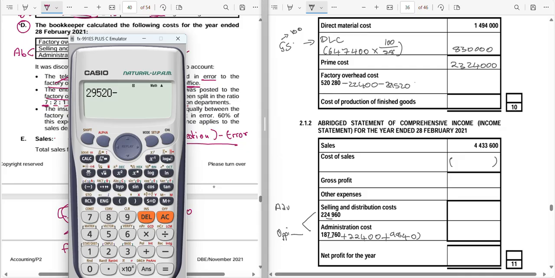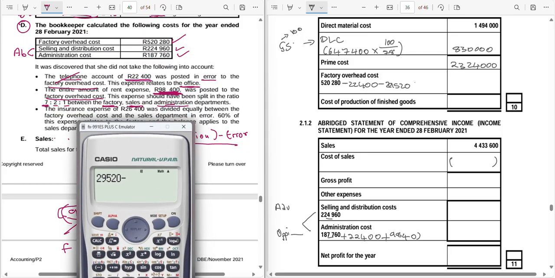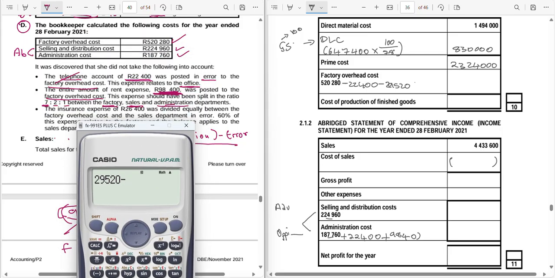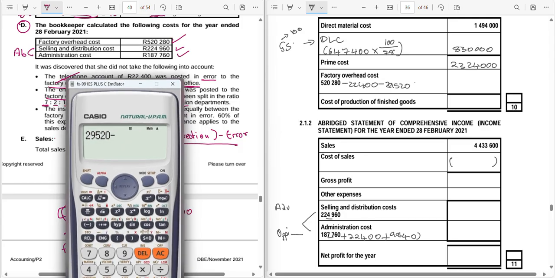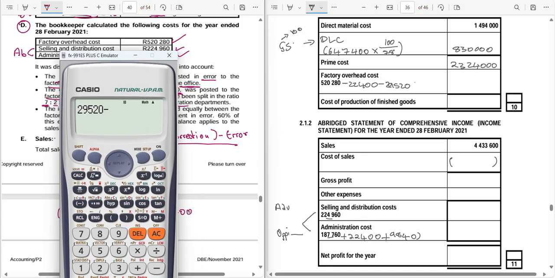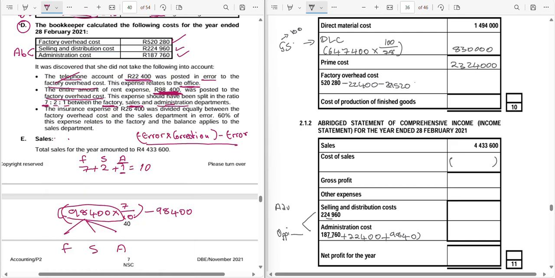Because remember, we got everything from that total that was supposed to be apportioned to these 3 departments, this 98,400. Then you minus the ratio. So if you check, remember we have 10, right? And now we do have this